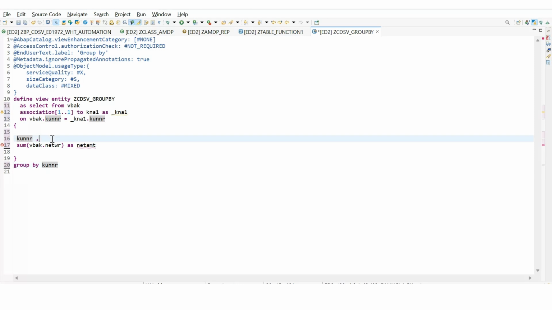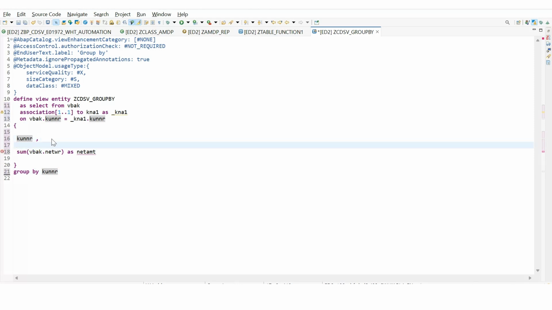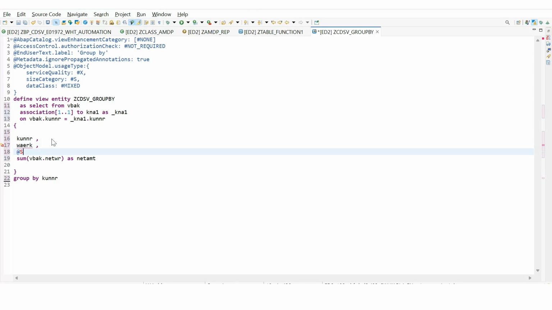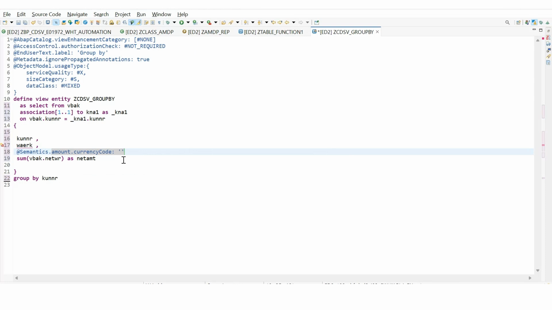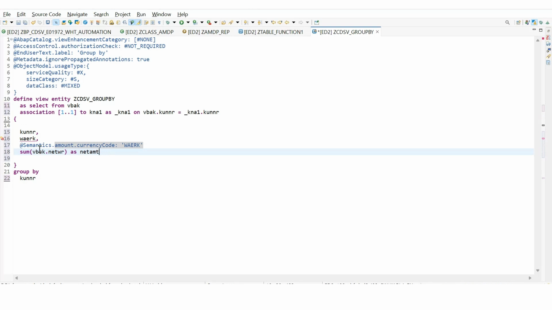And one more thing is we have reference information missing. WAERK is the one which is the reference field. I know that. If you don't know, you can go to the table and get it from there. I have explained that also, from where you have to get the reference field. I am passing this reference field information. I have to pass this here also, comma, and